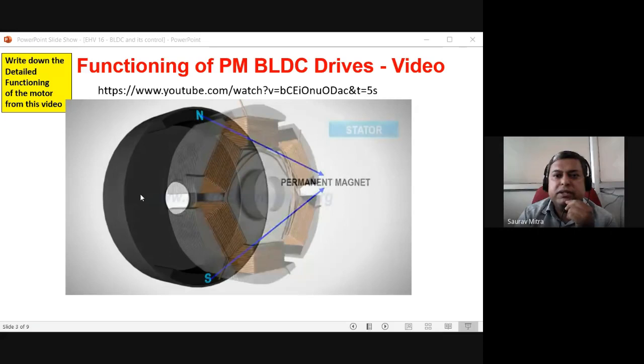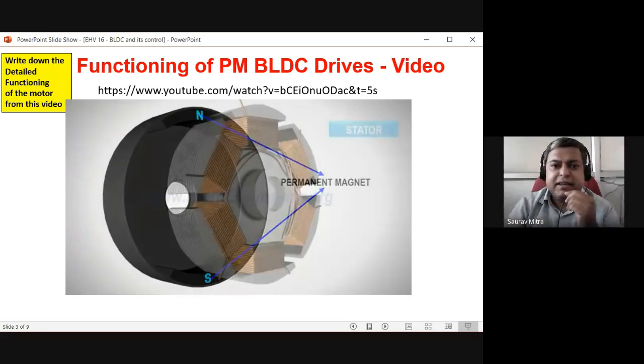So write down one question. I will be asking you what is the basic difference between DC motor and brushless DC motor. In a DC motor, the magnet is static. The magnet is produced by a field, so it is called the field magnet. That is static, generally at the outside. And the rotor, that is the armature conductor, is kept at the center position of the stator. So the stator is nothing but the magnet, and the rotor or armature conductor is at the center. In a simple DC motor, the field is static and the armature conductor with current rotates.